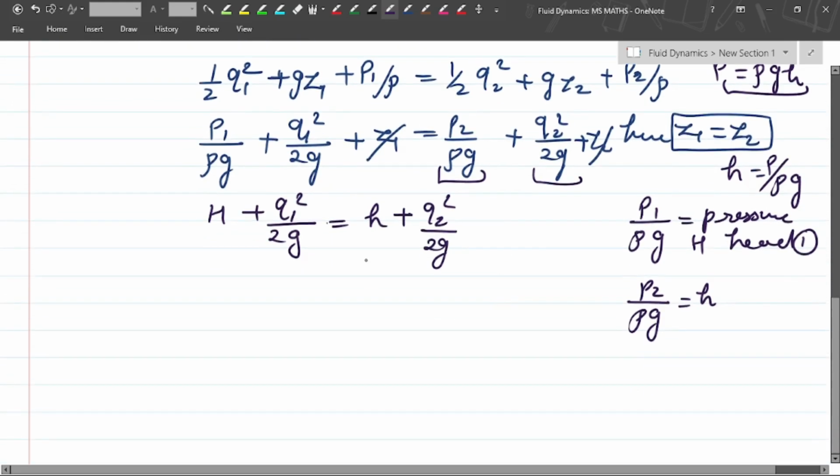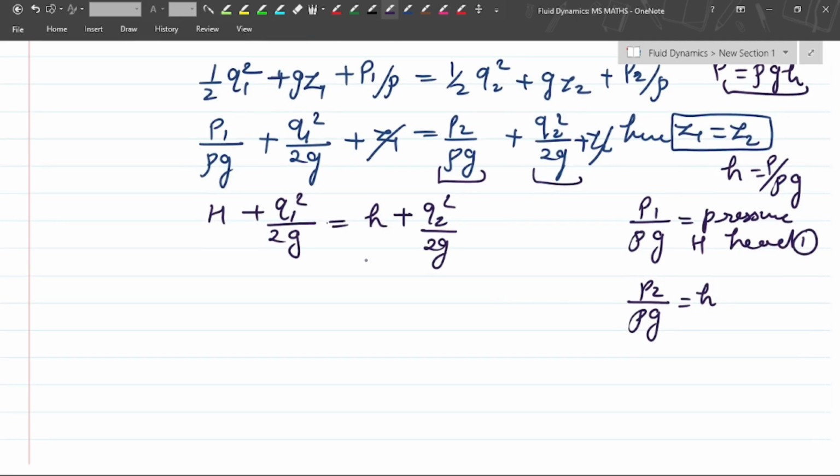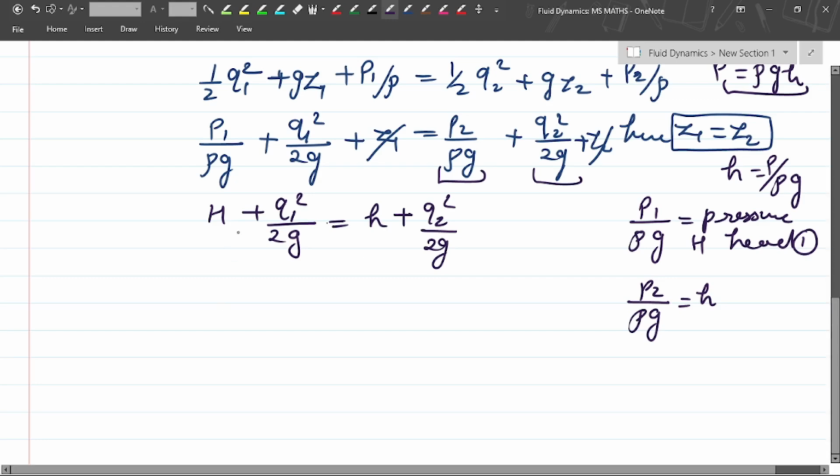Now we want to calculate the value where the velocity will become 0, q2 becomes 0. We will find q1 square, with the q2 value 0, pressure at point 2 in the Pitot tube. Then we can write this as q1 square is equal to,